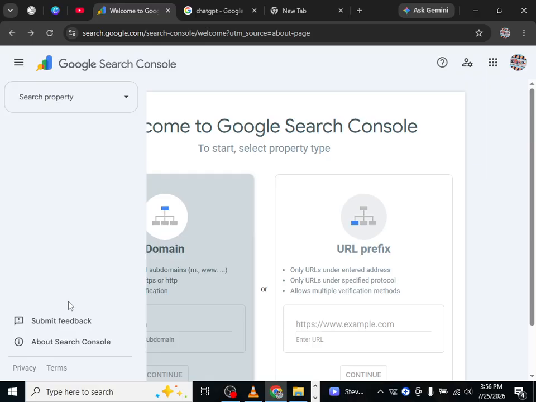To help Google index your site faster, publish high-quality content, create internal links between your pages, keep your sitemap updated, and avoid duplicate or low-value content. Regularly checking the Pages report in Google Search Console can also help you identify and fix indexing problems. That's it. You've learned